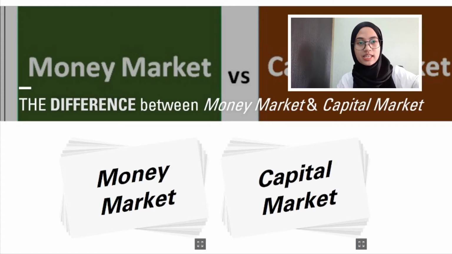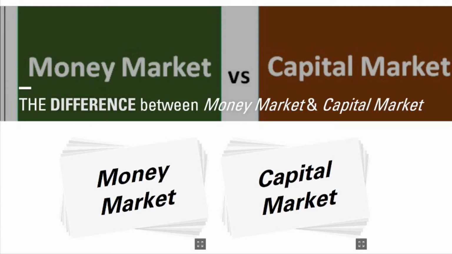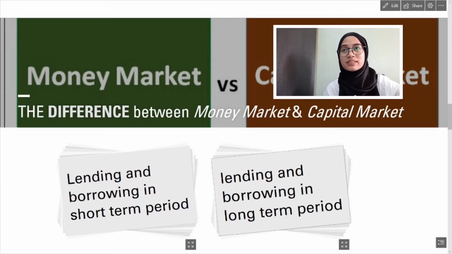So next is what the difference between money and capital market. One is the definition. I will tell to you guys about the definition first. The money market is a short-term lending system, which is the debt securities that will be repaid in the short term, usually within 1 year, while capital markets are the market for long-term debt and equity, which will be repaid after more than 1 year.